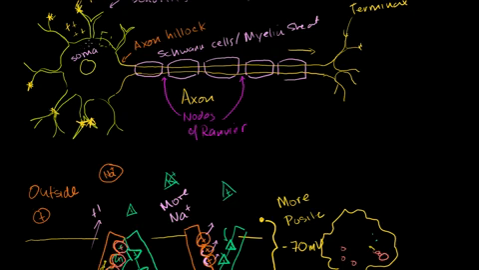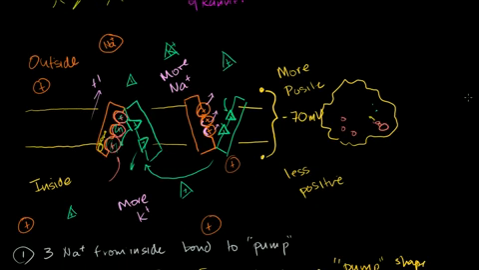Now, there might be one last question. You might say, well, gee, if this kept happening, if we just kept adding charge out here, our voltage difference would get really negative. This would be much more negative than the outside. Why does it stabilize at minus 70? To answer that question, and these are going to come into play in a lot more detail in future videos,